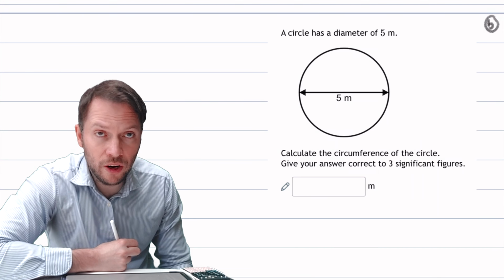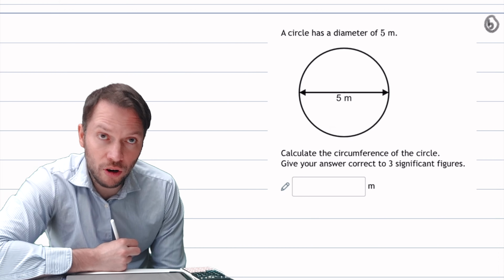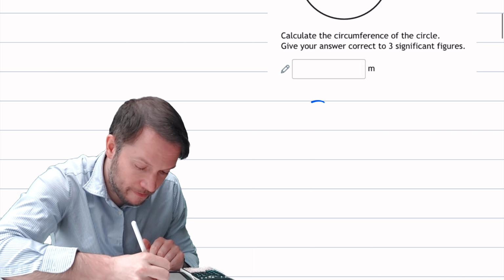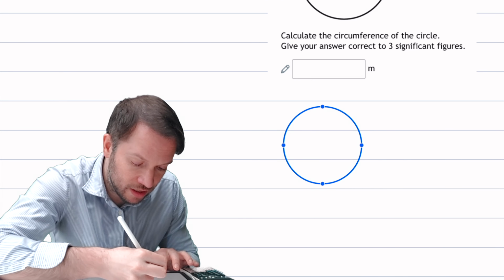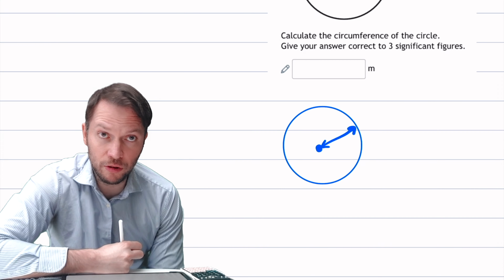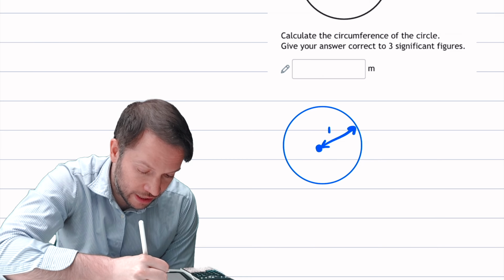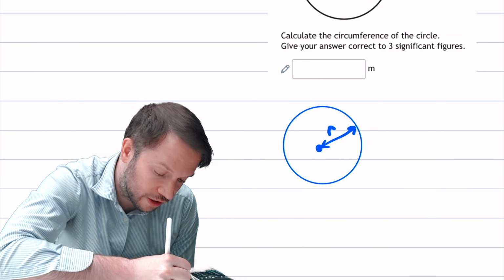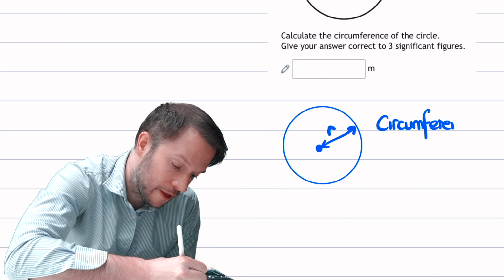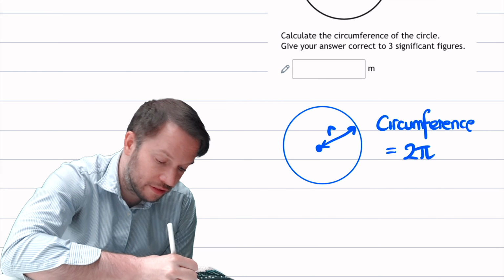Hi, in this video we're going to find the circumference of a circle using the diameter of the circle. Now in the previous video we saw that if we had a circle and we had the radius of the circle, remember the radius is the line from the centre of the circle to the perimeter, the circumference of the circle, and let's say that radius had length r, then the circumference of the circle, which just meant the perimeter of the circle, is equal to 2 times by pi times by r,